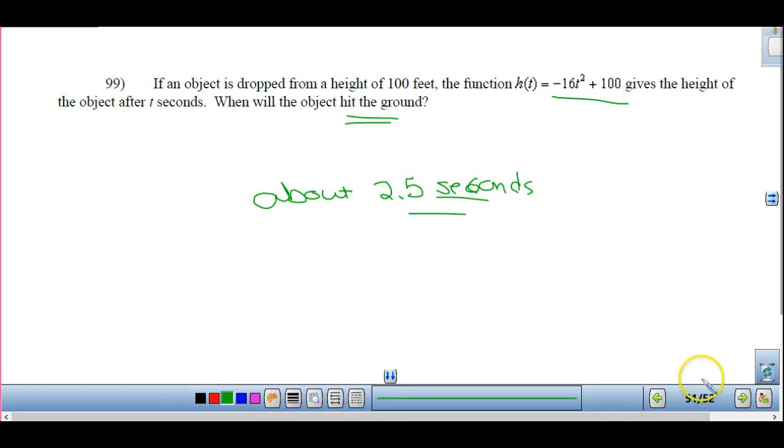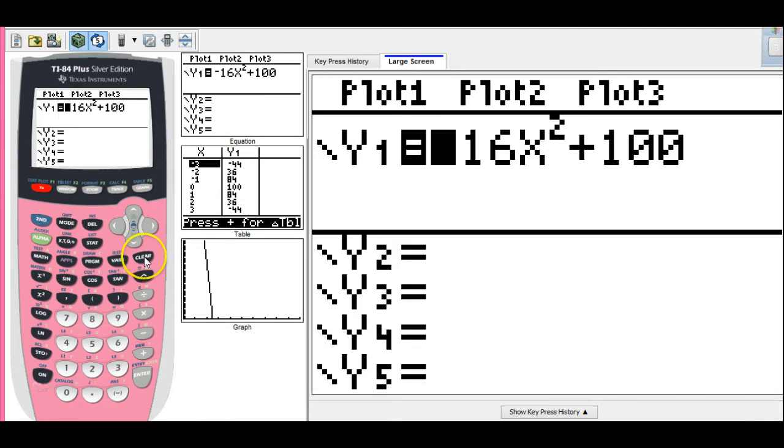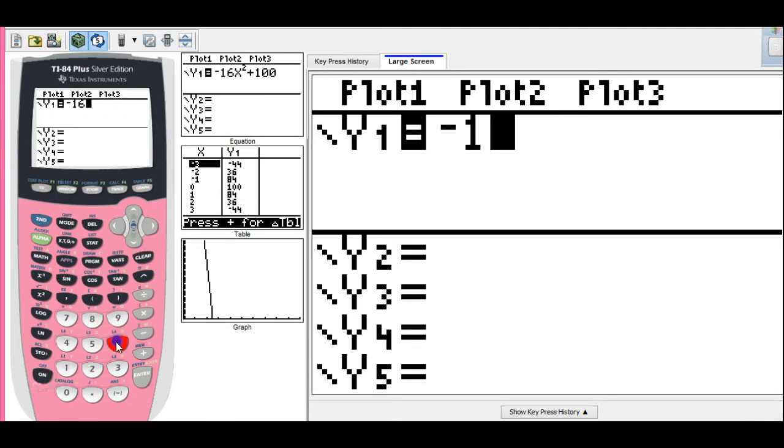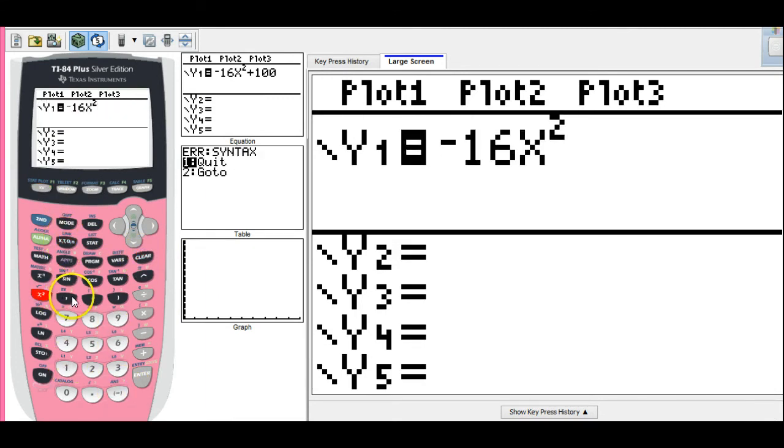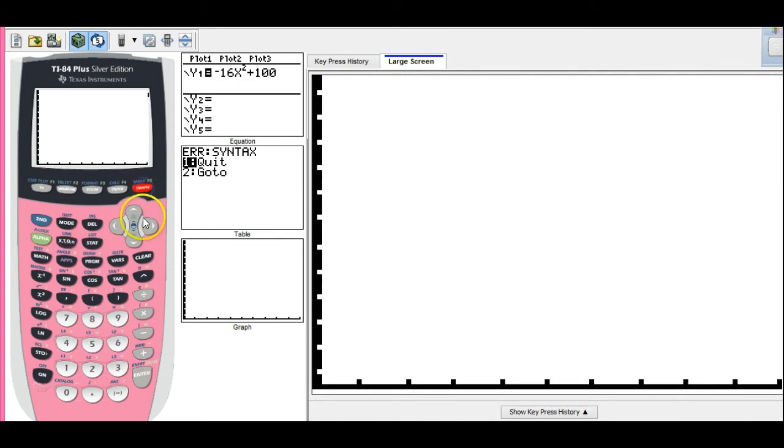Okay, and last problem. Now a rocket is launched from atop a 65-foot cliff. And now again, when is it going to hit the ground? So we're looking for that 0 spot. So I'm going into my y equals, and I've got my negative 16 x squared plus 113x and plus 65 this time. So if I hit graph,